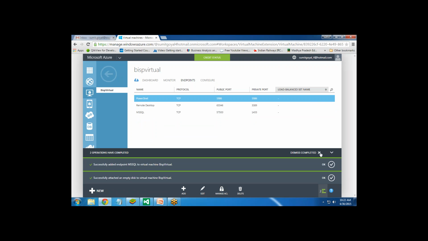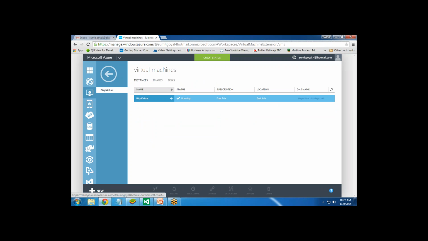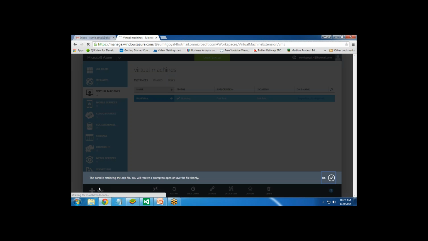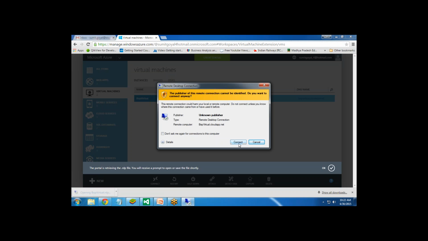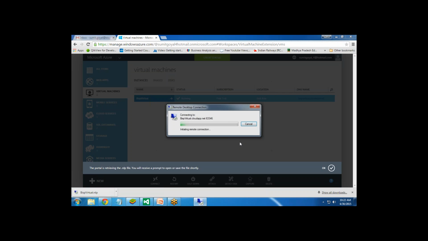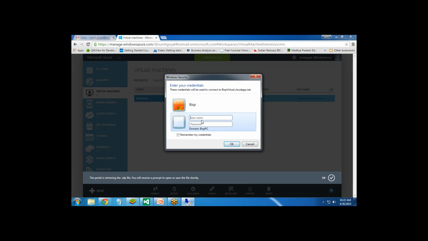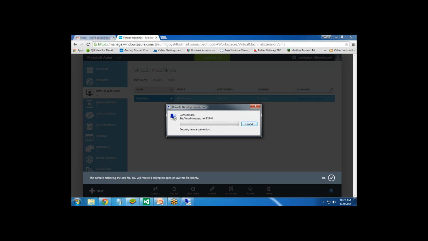Now I'm going to click again on back to virtual machine and click on connect. It will download one .rdp file on my system. This file is basically used to connect to a virtual machine from our system. So I click on connect and it asks for a session. So I enter my user ID and password for the virtual machine and click OK. Yes, and it will open the virtual machine. Like this we can access the virtual machine.